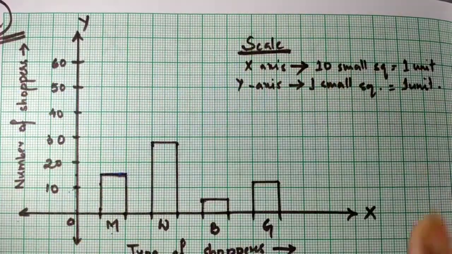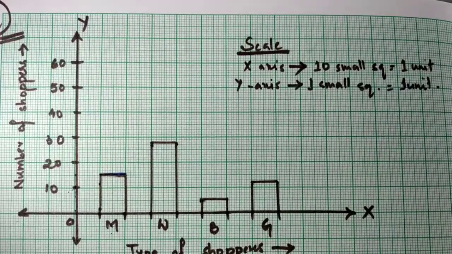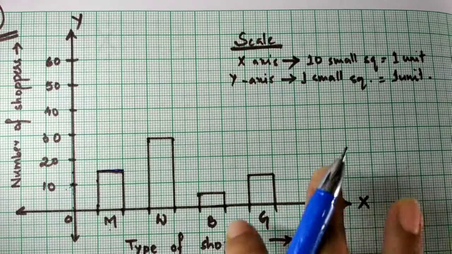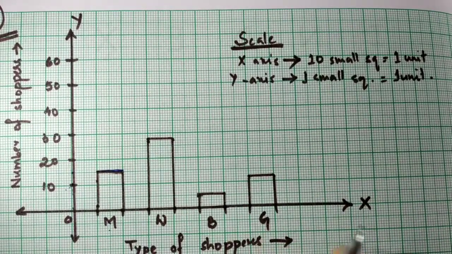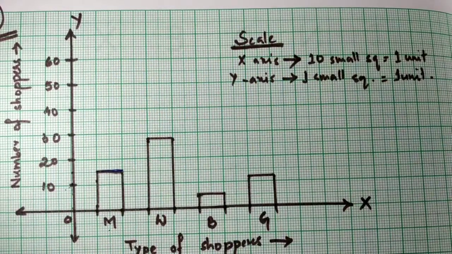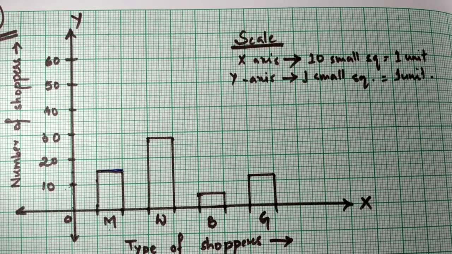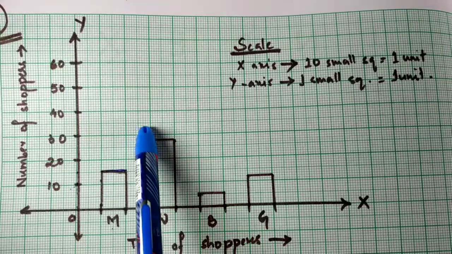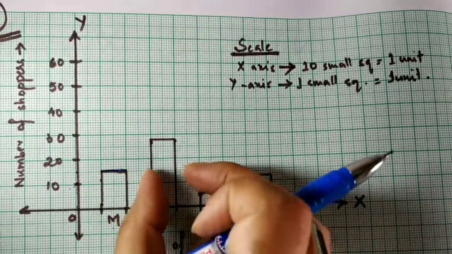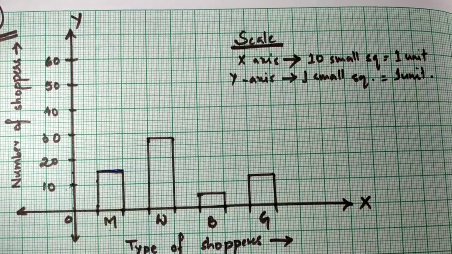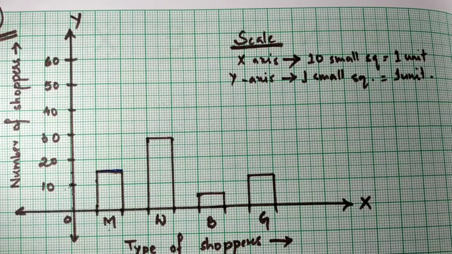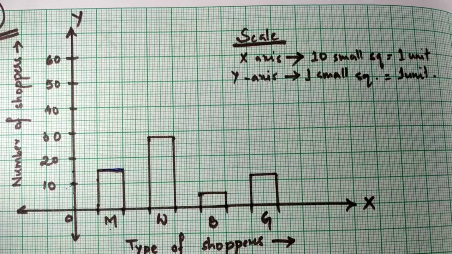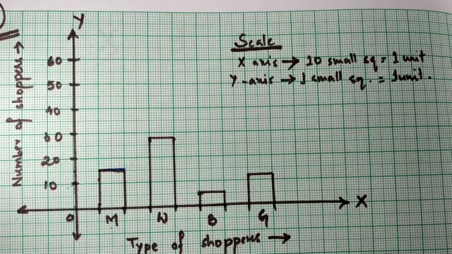You cannot do all of these things in your normal plain notebook or two-line notebook. You must do this graph work on graph paper. I know all of you have learned the bar graph in your lower classes. What is the difference between a bar graph and a histogram? All of you know there is no gap in a histogram. This particular portion will start from here itself. There is no gap between the vertical or horizontal bars. I hope you have understood this. Please try practicing this one.